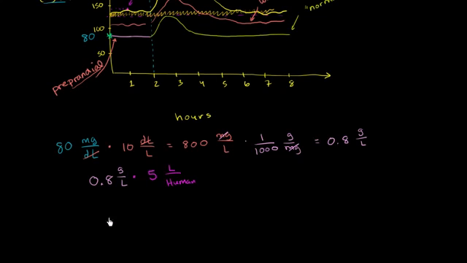So then the liters cancel out, and so we get 0.8 times 5. 8 times 5 is 40. 0.8 times 5, we're going to have one decimal place. It's going to be 4. And then we have grams per human. 4 grams per human. And just to get an idea of what 4 grams are, 1 teaspoon